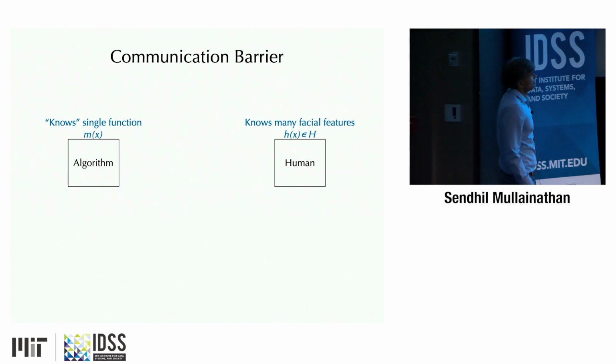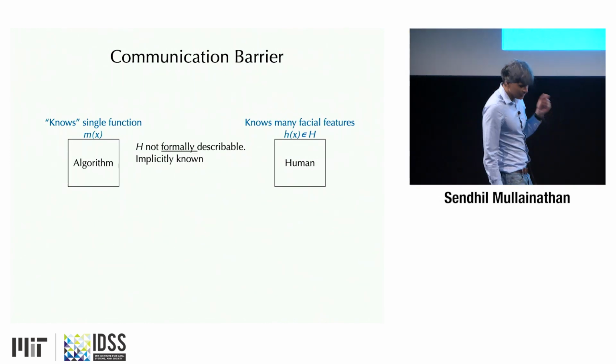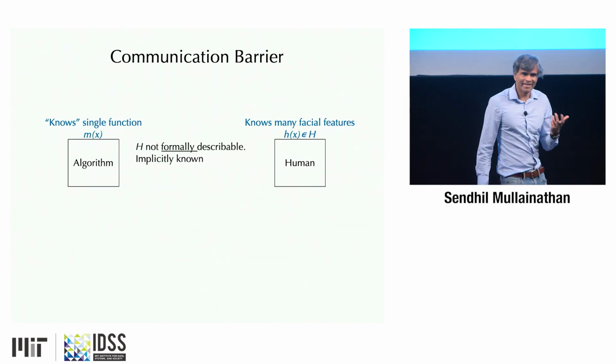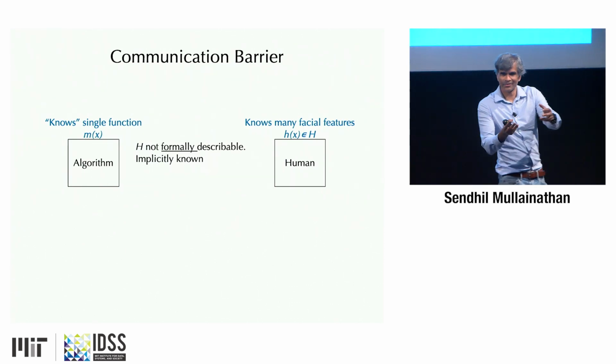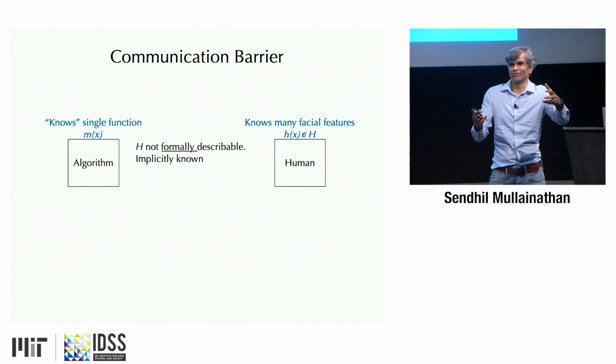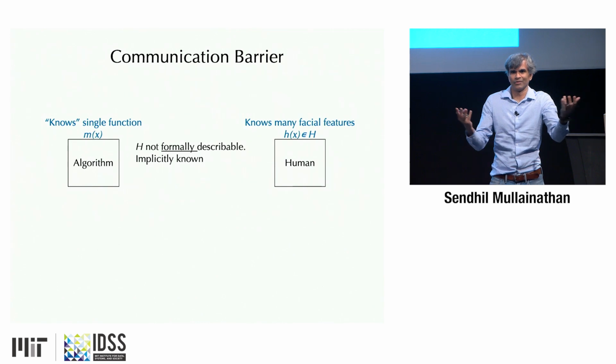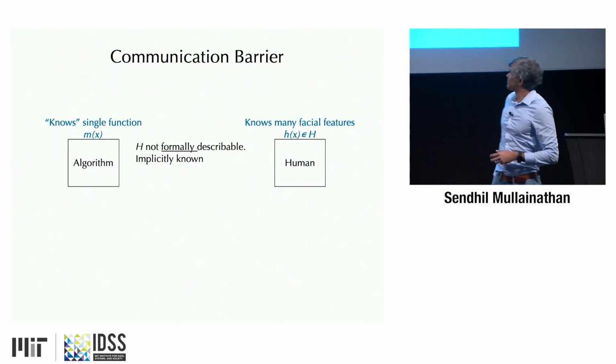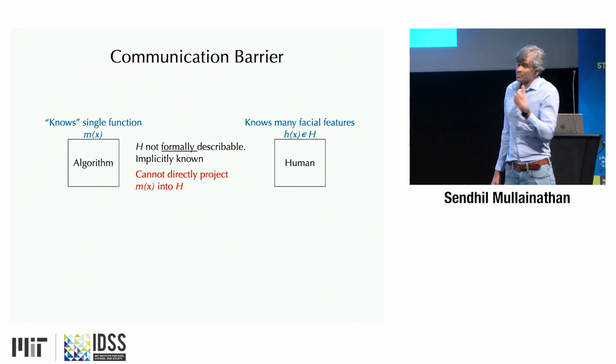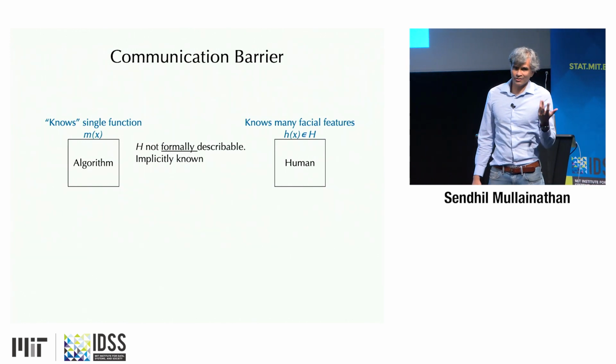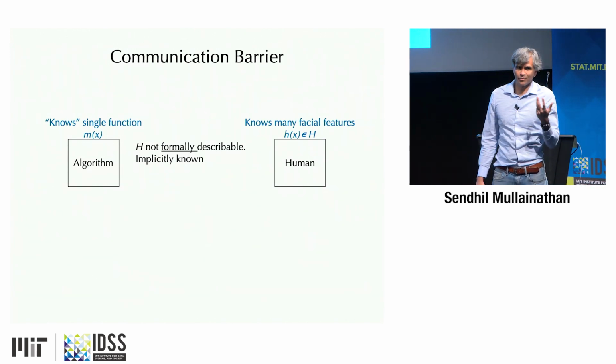But, and this is the key, the space of functions is not formally describable here. I can't tell you this is a mathematical description of human-interpretable pixel functions. I wouldn't even know how to write that set. It's because we know implicitly when we see a mugshot how to calculate attractiveness, but we don't know the function for it, nor do we know the set of inputs.